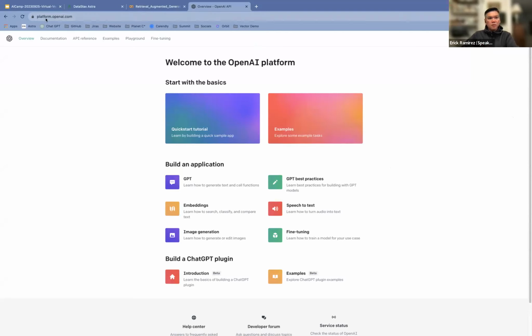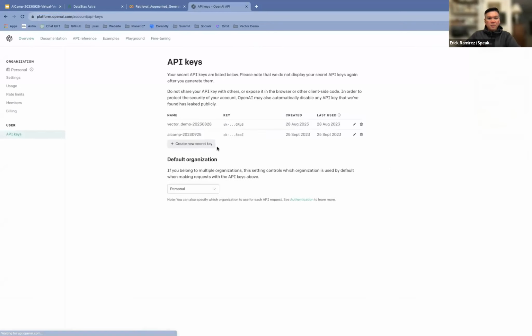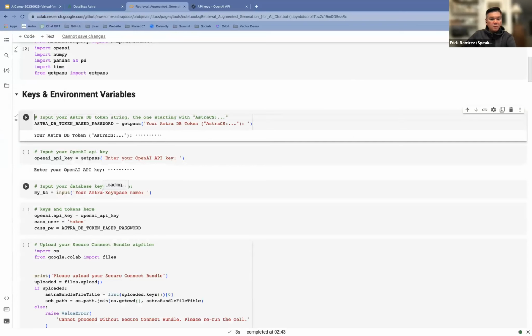If you go to platform.openai.com, under your profile you can view the API keys, and you can create an API key right there. That's the API key that we'll be using here.